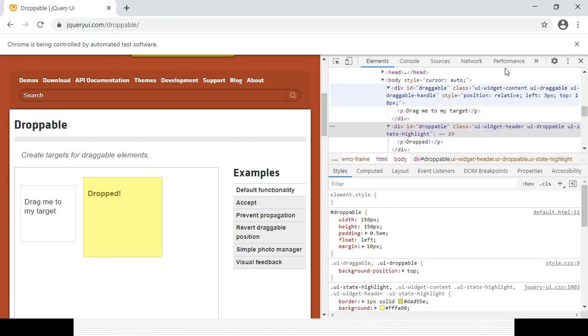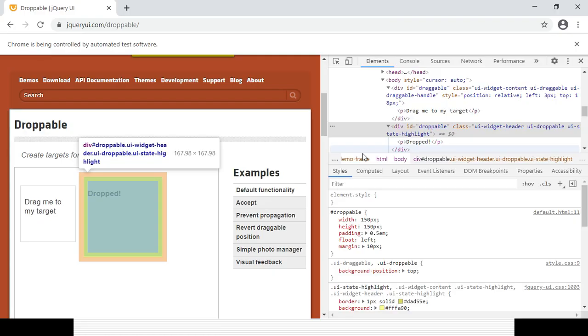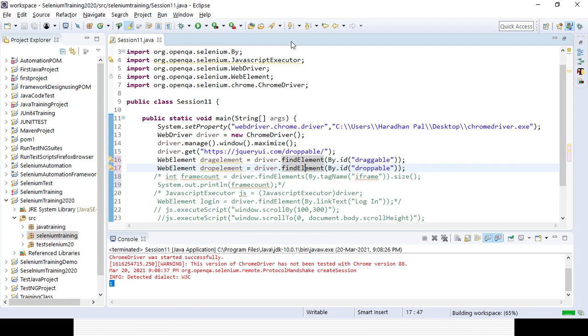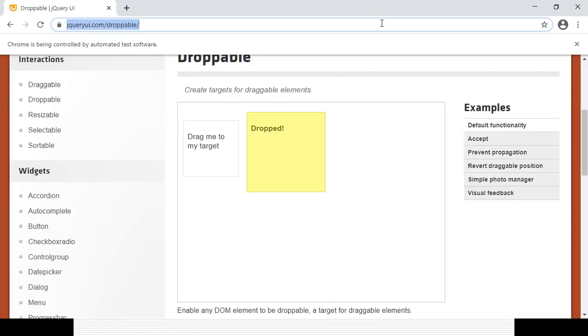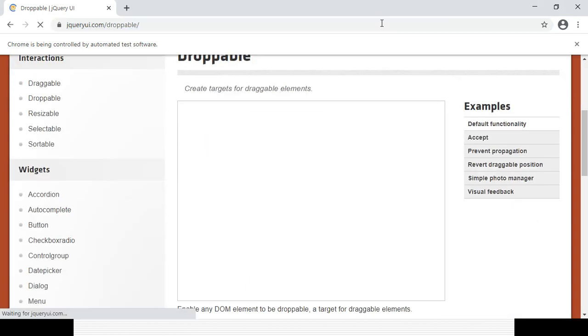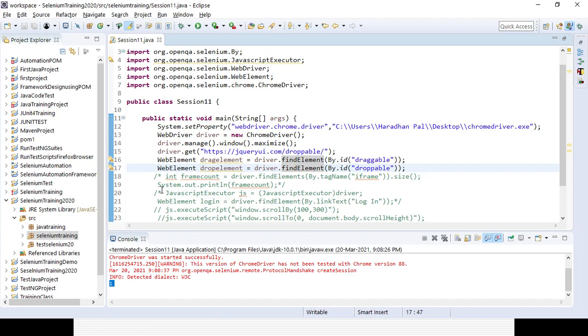Now the next thing I need to do is move to it. Let's close this out and let's see. Whenever I am opening the page, that thing is there by default, and it is not able to find those options. It is not able to identify them. So I need to go to those options.